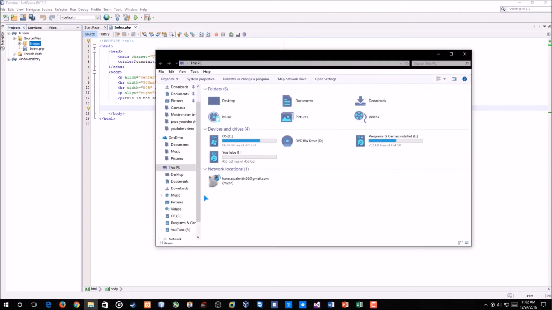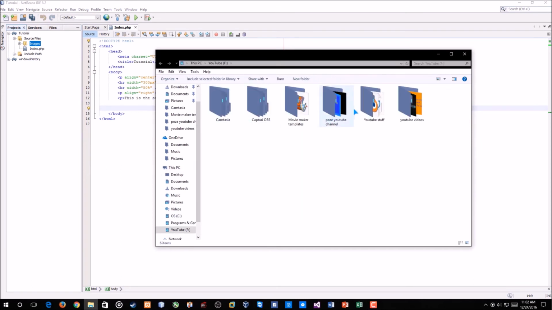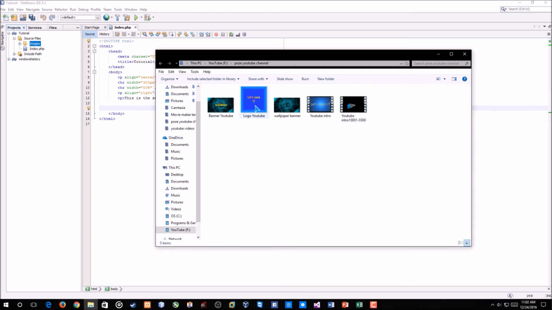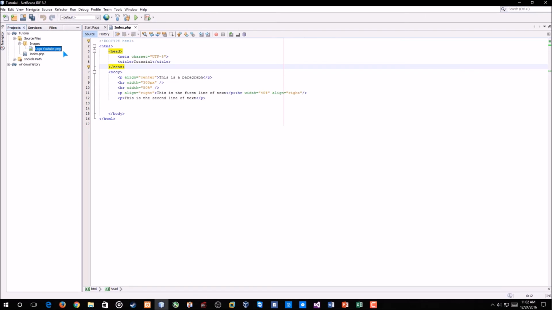I will go into my F folder, YouTube photos, and I will put my logo in that images. And as you can see, like this, we can put the image in the folder. So we drag and drop it here. Okay, so as you can see now, the logo youtube.png is in the images folder. Now let's put